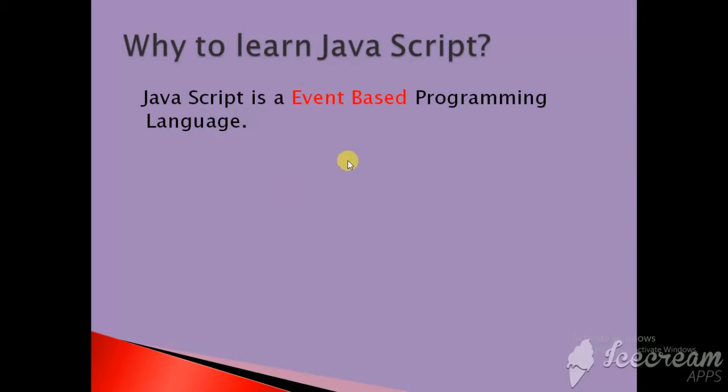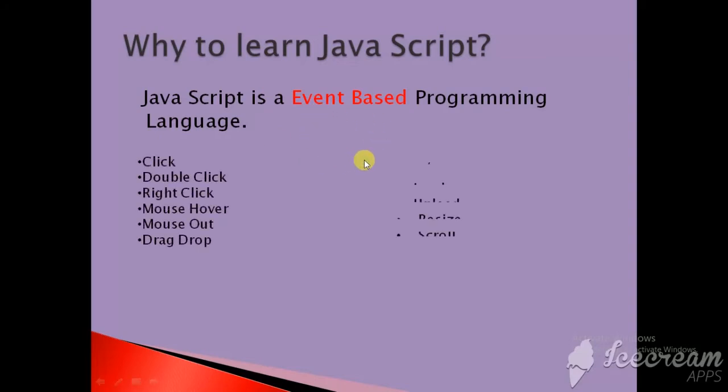So JavaScript is basically an event-based programming language, and it includes these things. You can put an event, that is just clicking on it. If anyone wants to see anything on the website, they just click or double click on a certain picture and it will be loaded to your system. All these properties we are getting: click, double click, right click for saving, or left click for saving, mouse over, drag and drop, just dragging and dropping onto the system. All this event-based scripting can be done with the help of JavaScript.